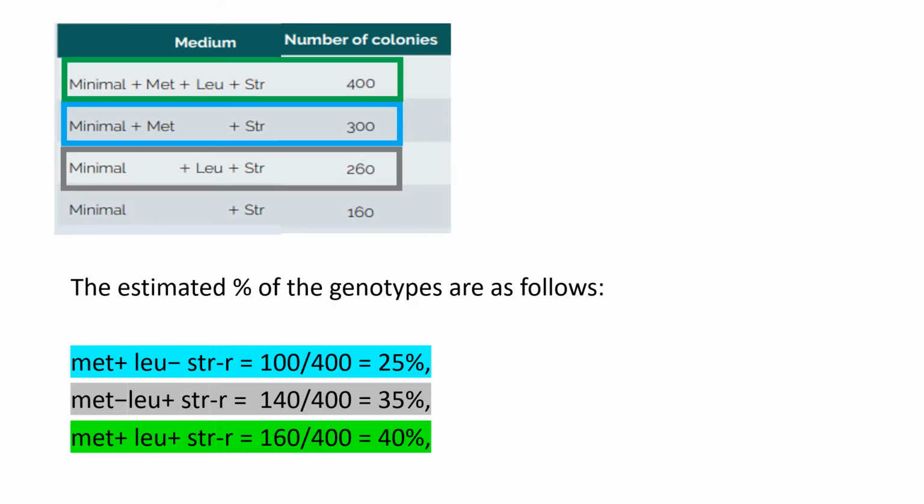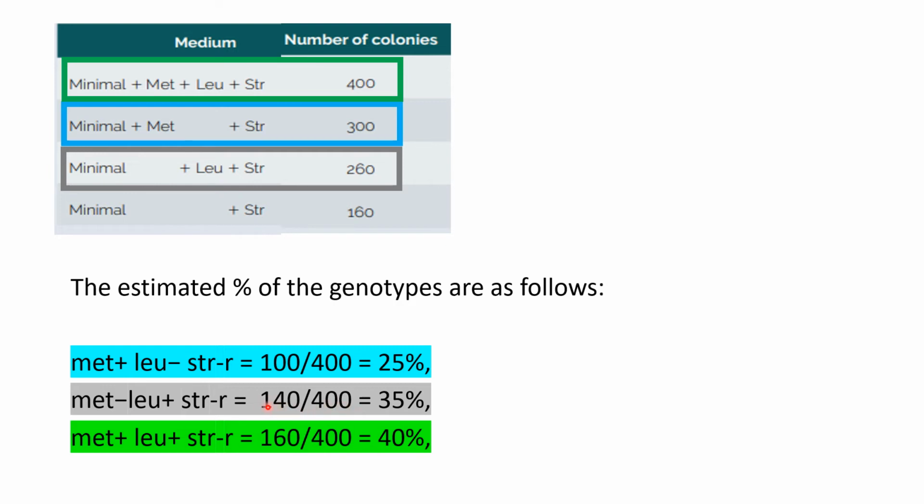And here are the answers. So for example, for the ones that have both methionine and leucine, the whole is 400, and the part is 160, so it will be 40%. For the one that missed the two of them, the whole is 400,